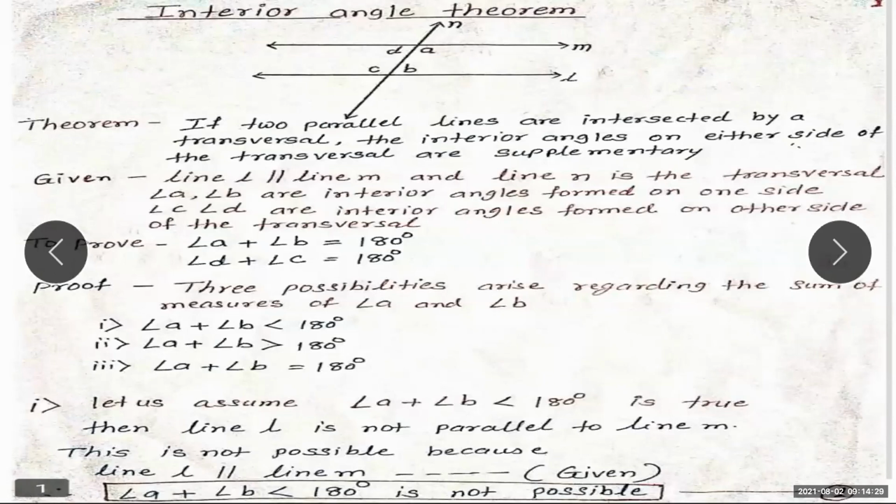It is the first pair, and another is angle C and angle D. Here you can see angle C and angle D. Those are the pair of interior angles formed on the other side. We have to prove those